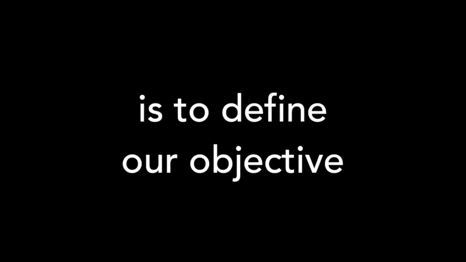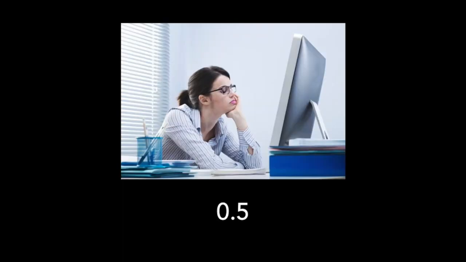The first step is to define our objective as a machine learning problem. Given a picture of a human's face, what is the emotion it is expressing? Well, that's really easy. We just need two emotions. Happy and not happy. Happy is 1, not happy is 0. The number is a float, so anything in between can be a different emotion. For example, bored is 0.5 because you are in the middle of happiness and not happiness. However, fear is 0.127 because you are more not happy than happy, but it's not like you are not happy all the way down to 0.